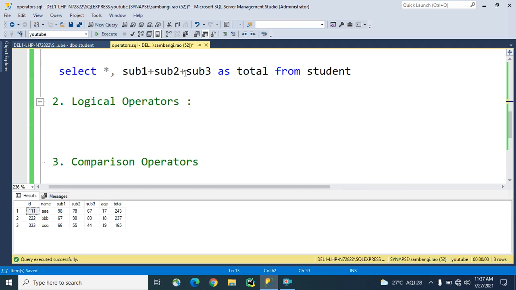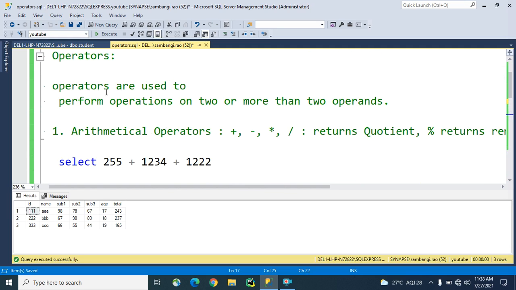When I am using addition, it comes from arithmetical operators, right? By using this addition arithmetical operator, we found the total of these three subjects here, right? Operators are used to perform operations.